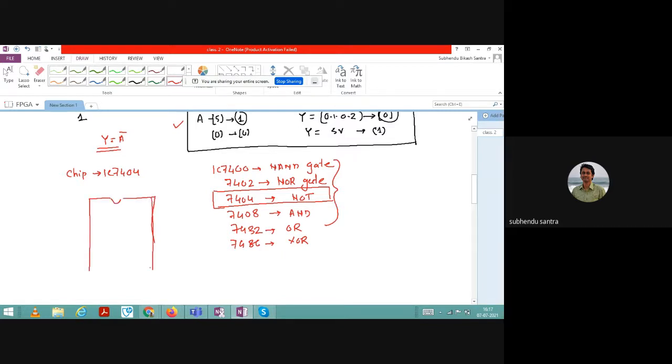It looks like this chip, and we have pins 1 2 3 4 5 6 7, and here 8 9 10 11 12 13 14, and the chip is starting from here. Whenever this type of notch is coming, it starts from pin 1 here, and then 2, then 3, then 4, then 5 6 7 8 9 10 11 12 13 and 14.